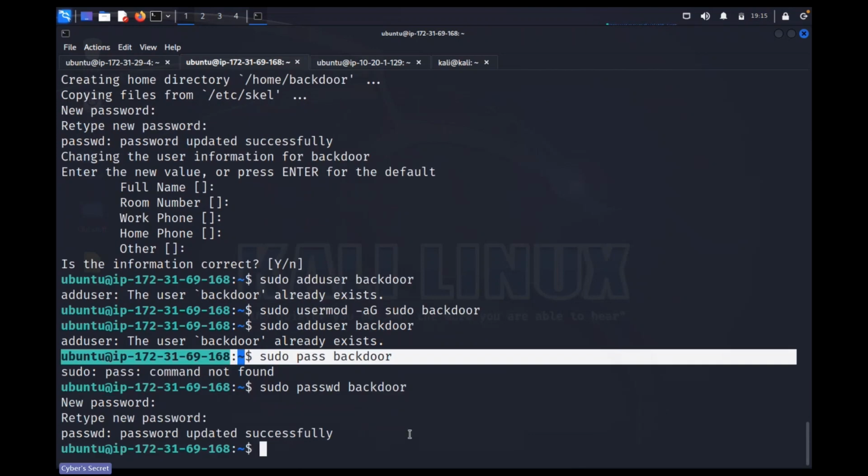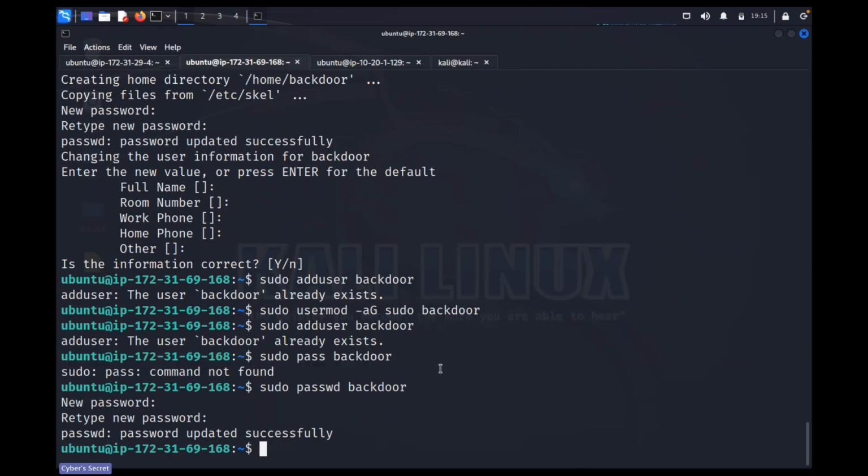So this is the password that I have set up successfully. Next thing that we are going to do, we need to make sure that authenticated users are also allowed via password authentication, not only via the private or public keys. So what are we going to do? We are going to edit the file, which I'm going to do with vi